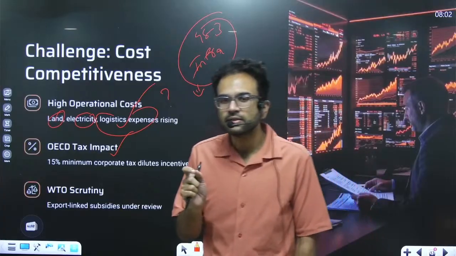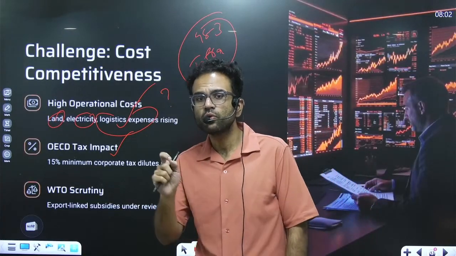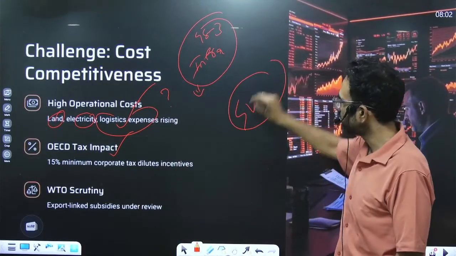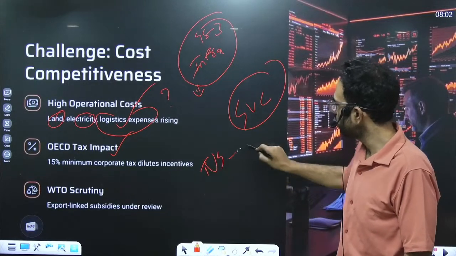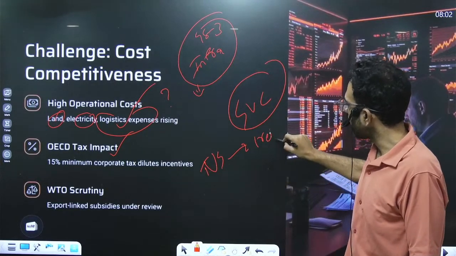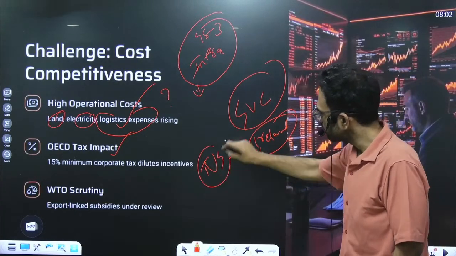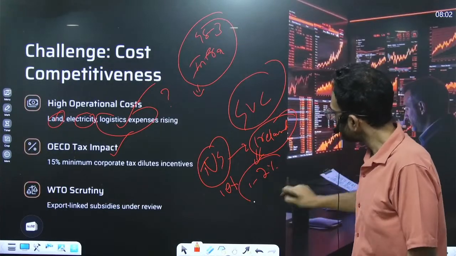Now, across the world, one of the reasons why companies move to different locations to come into the global value chains is this. Let's say a company in the US will move to a location like Ireland because the tax is very low there. If tax is, let's say, 10% here, in Ireland it is just 1 to 2%. So I will move to Ireland.